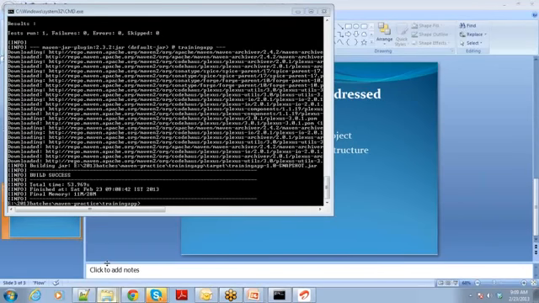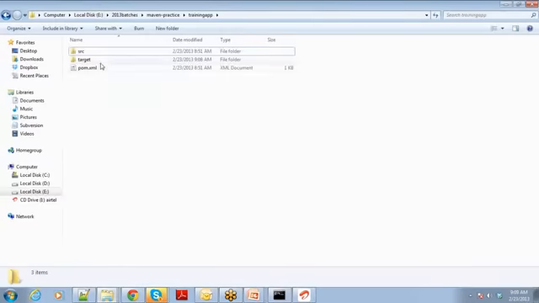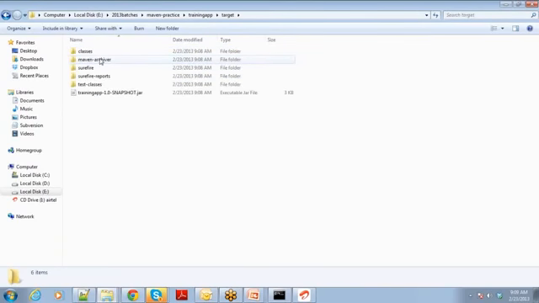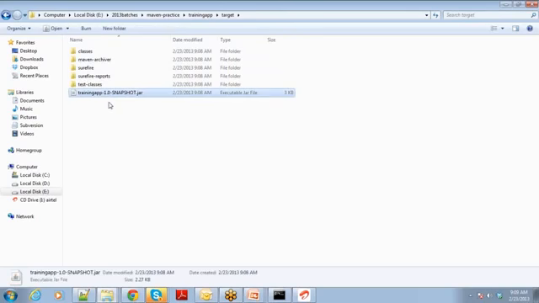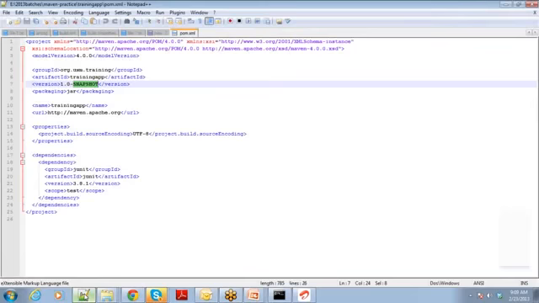Now if you just go to your training app, you would find the target folder here created. In that you will have a lot of reports being generated, and you also have your training app version 1.0 snapshot available. Okay, see the power of Maven with this example. You have not done anything with respect to writing a script for this particular project.